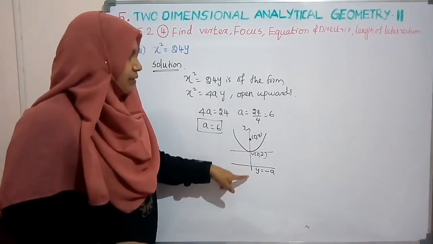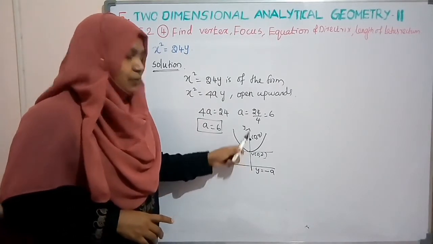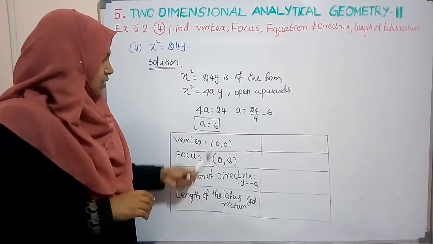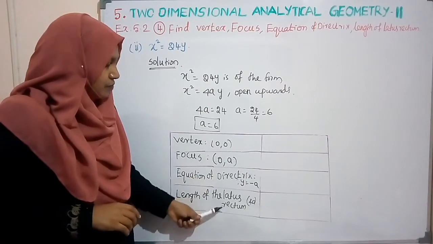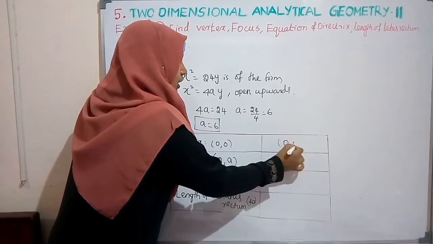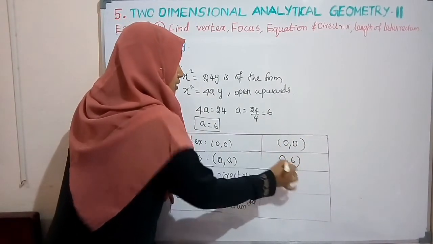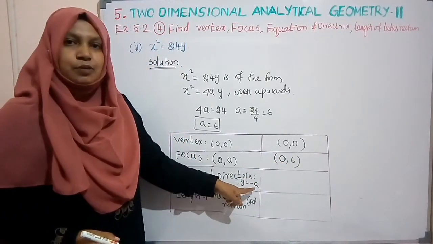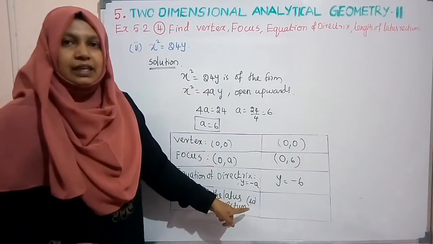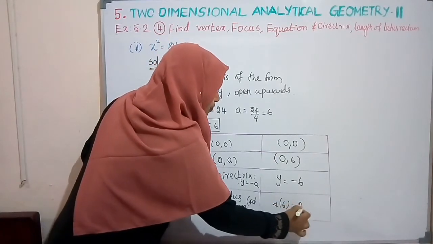Okay. So these are all the formulas. And length of the latus rectum is 4a always. Okay. So these are the formulas. Using this we have to write all the values. Now you can write all these answers. Vertex, formula. I have written all those formulas on the left side. You can directly write vertex 0, 0, the same only. And the focus 0, a means it becomes 0, 6. And directrix y is equal to minus a. It is y is equal to minus 6. And the length of the latus rectum 4a. So it is 4 into 6, 24 units.